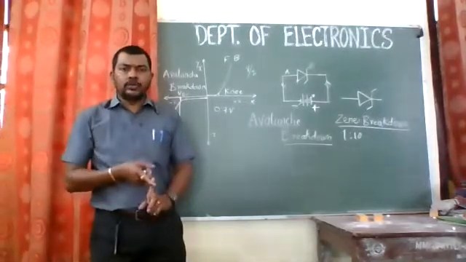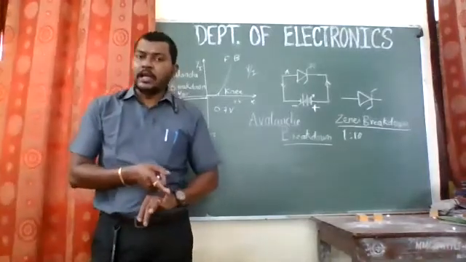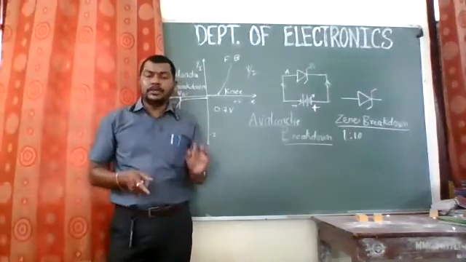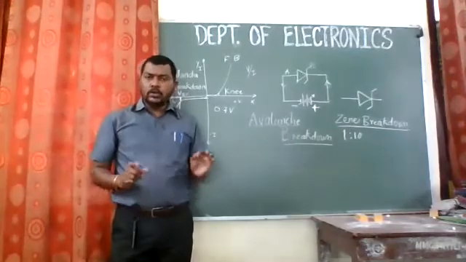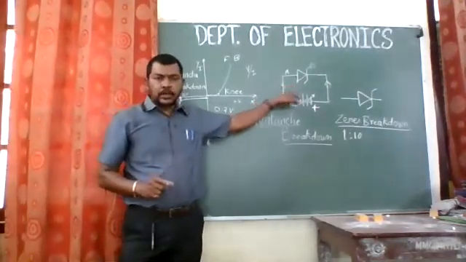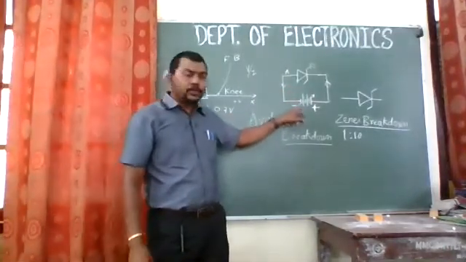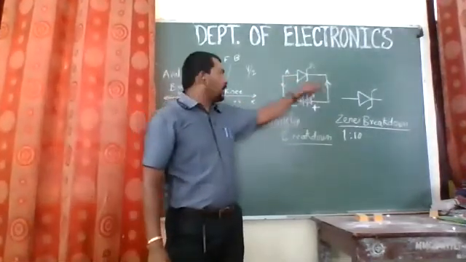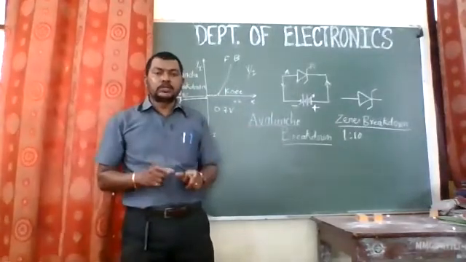So remember what we have studied today. We have studied the first point, what is avalanche breakdown. Avalanche breakdown possibly happens only in a PN junction diode, a simple PN junction diode where we apply reverse bias. Reverse bias means when the negative terminal of a battery is connected to the anode and the positive terminal of the battery is connected to the cathode, then we say the diode is in reverse bias condition.